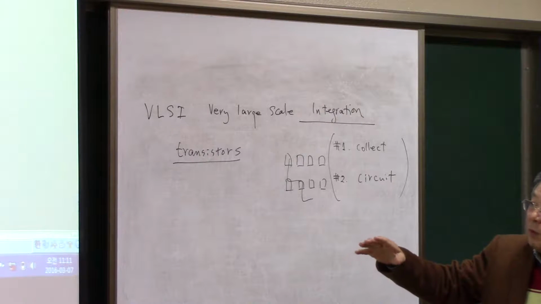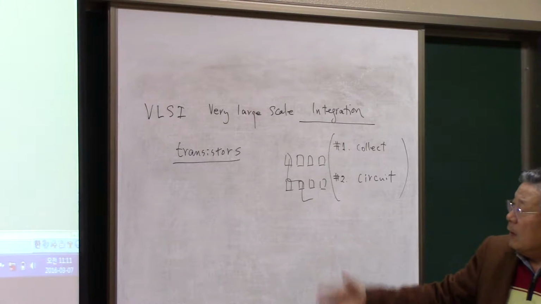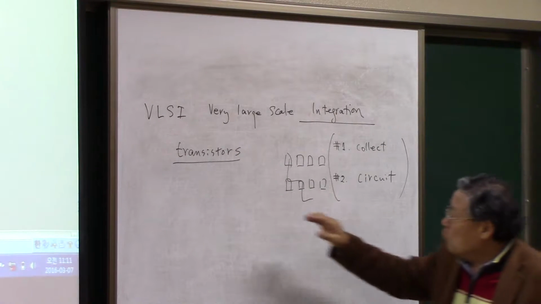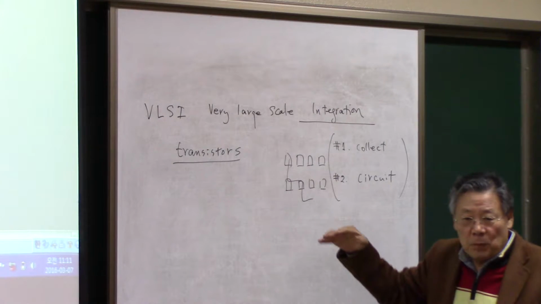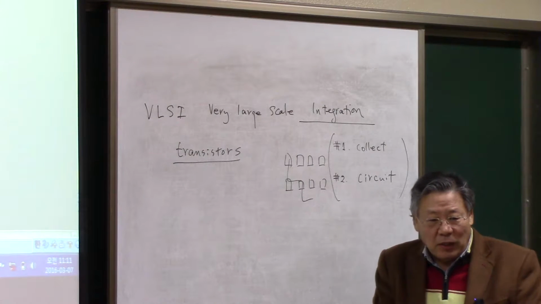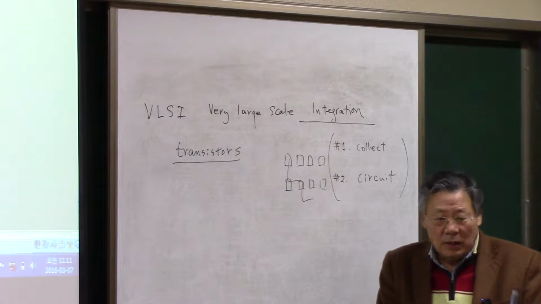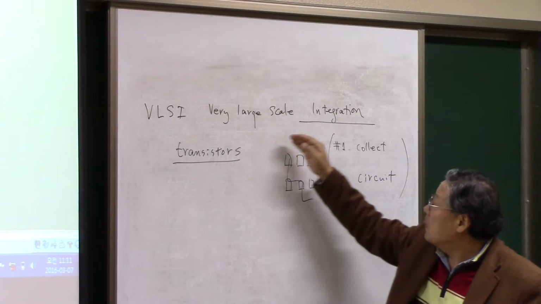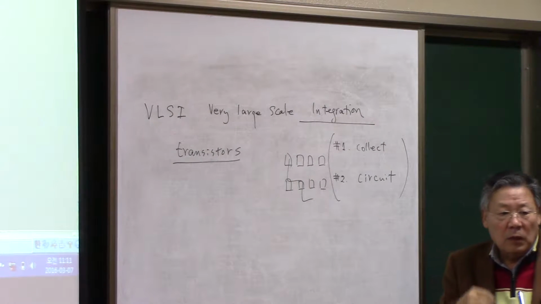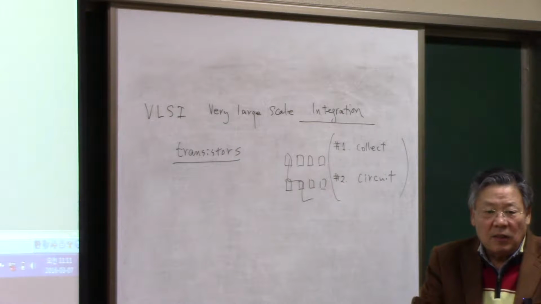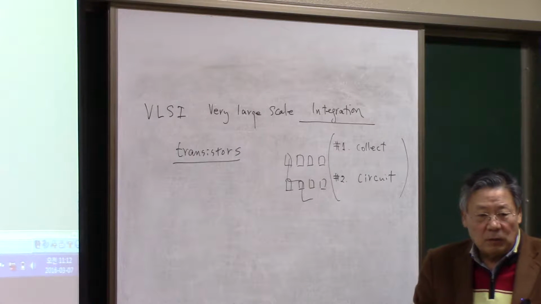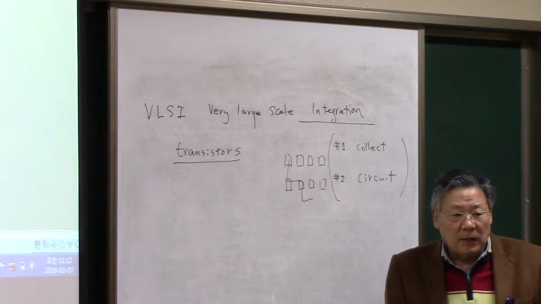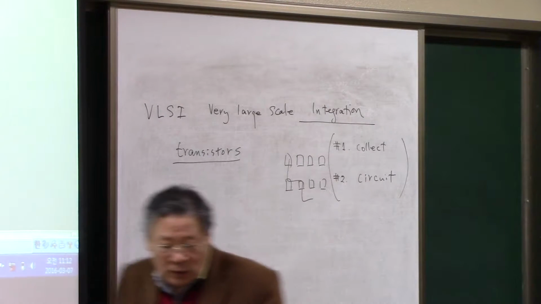So basically what we are going to discuss in this class is related to all the processes to form transistors in one place, electrically isolated from each other, and then in the later part of these VLSI processes, we are going to discuss the connection of those transistors, which have been integrated in one place, electrically isolated. Okay,